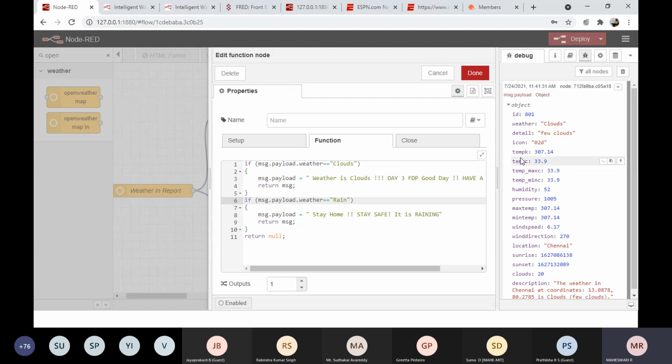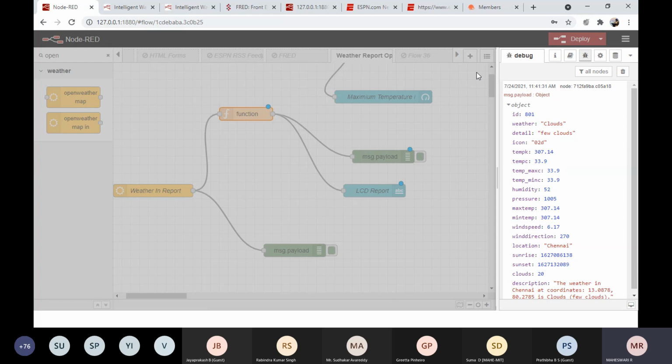So if I want to check with the temperature, then you can use temp C. So message.payload.temp C. So like this, you can take any of the data available and you can perform this analytics here. Okay. So now if my weather is clouds, you can use the same word clouds here and paste it here. Because if the weather is the same variable, then this particular data is going to be displayed. Okay. Then you can click done.